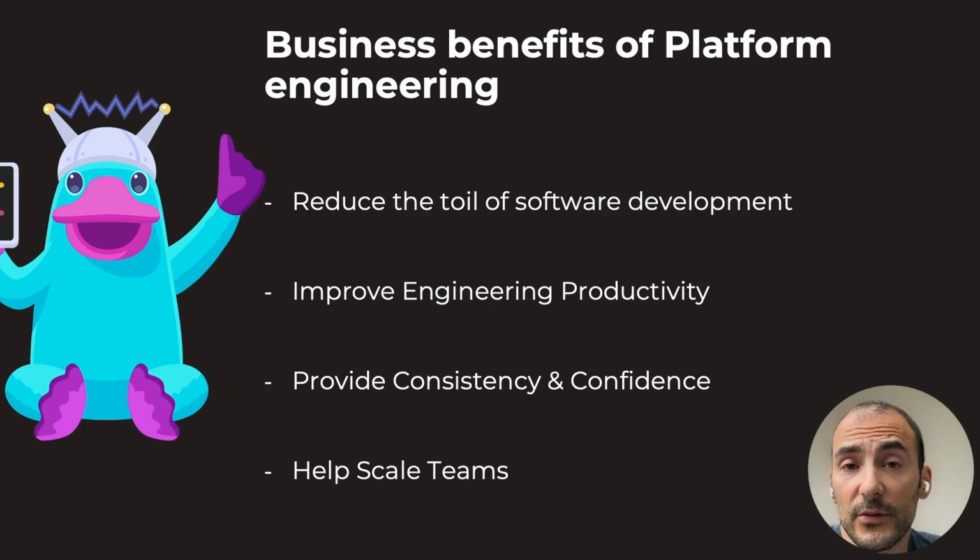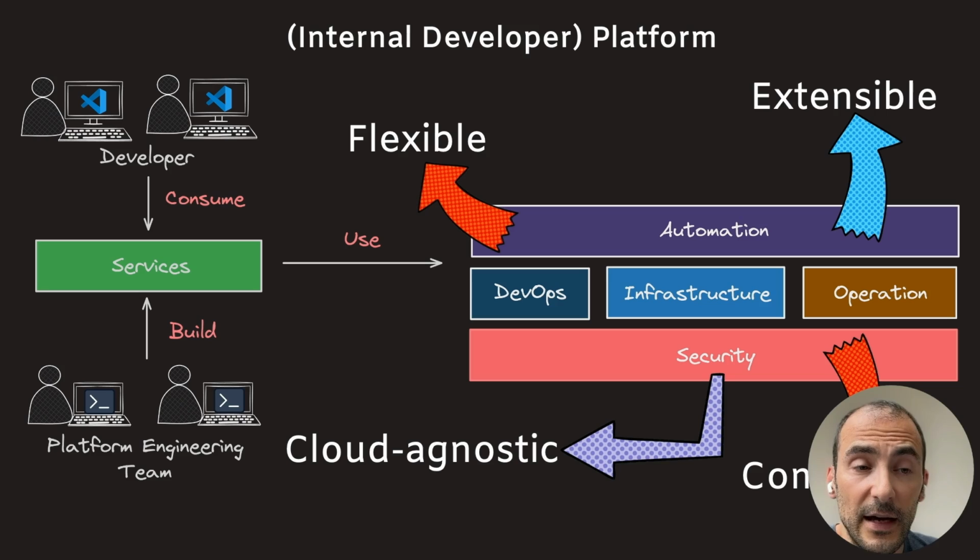And of course, it helps to scale teams. So we see that, for example, one project needs additional team members. They can join because the platform is always the same, independent from A to C. There are onboarding documentations, and everybody knows how the platform is working. And at the end, we created here our internal developer platform. So we see now